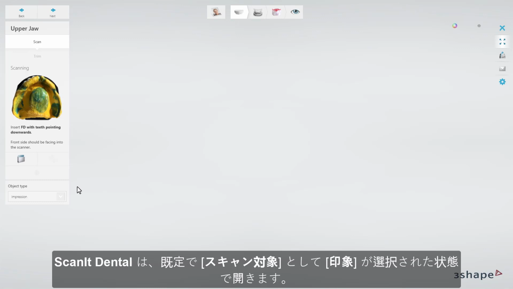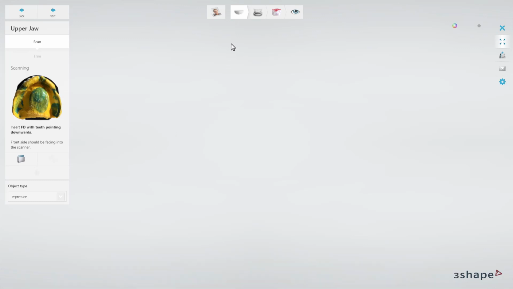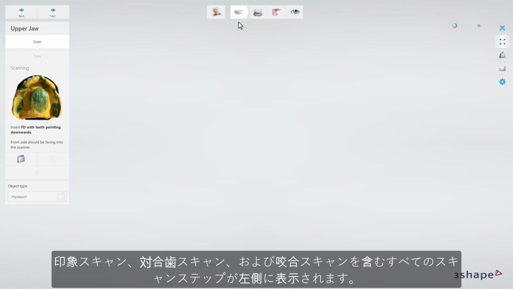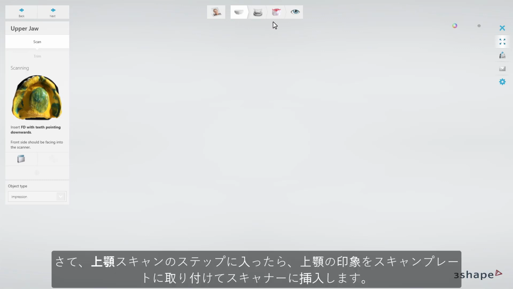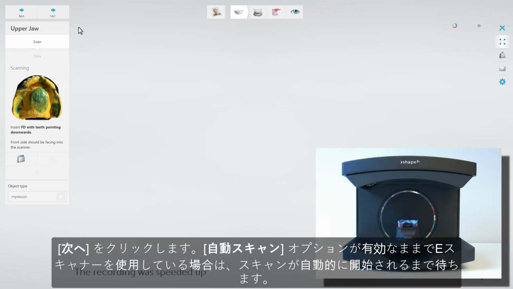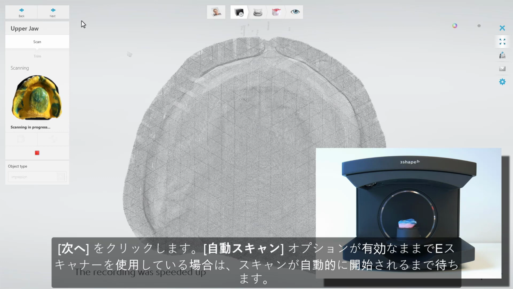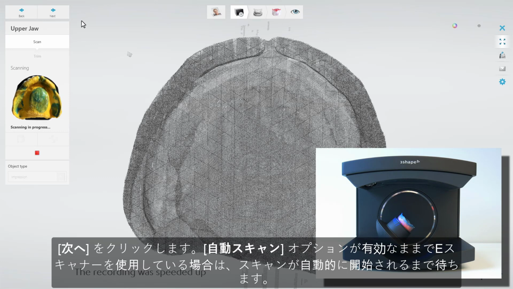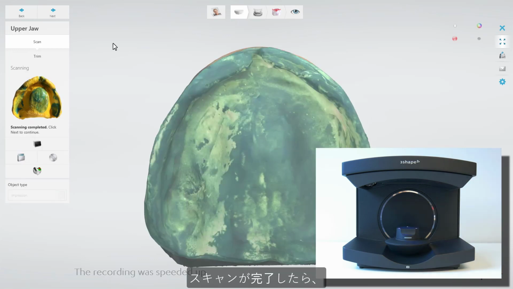Scan It Dental will open, having impression chosen as the object type by default. All scanning steps will be visible on the left, including impression, antagonist, and occlusion scanning. Now, when at the upper jaw scanning step, mount the upper impression on the scanning plate and insert into the scanner. Click Next, or wait until scanning starts automatically if you are using an e-scanner with the Auto Start option enabled. When scanning is completed,